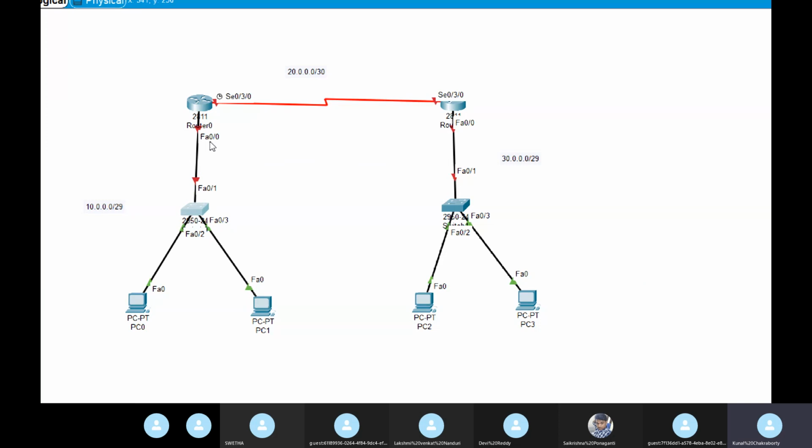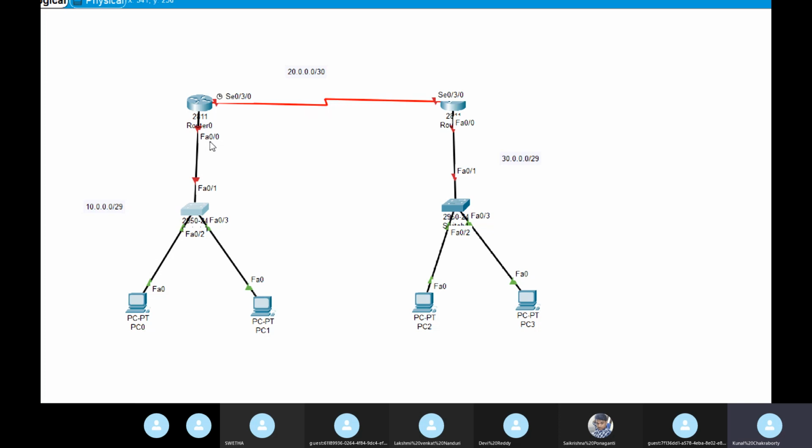It will first hit there, no? That means that is the door to go out. That is a default gateway. In short, it's an entry and exit point of a network. Clear? So whenever we say router IP or router default IP, FA0/0 will be the router default IP or router default gateway.